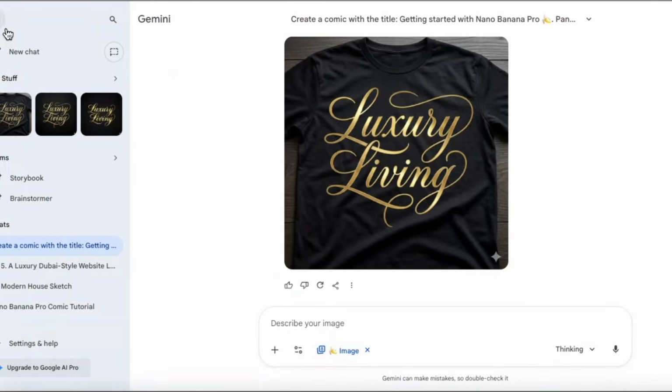Now we are going to ask this tool to generate an image of a model wearing this t-shirt. Remember, if you want to use your own image, you can attach your image and ask it to put you or to make you wear that exact t-shirt. So my prompt is: generate a model, a female model wearing the above t-shirt